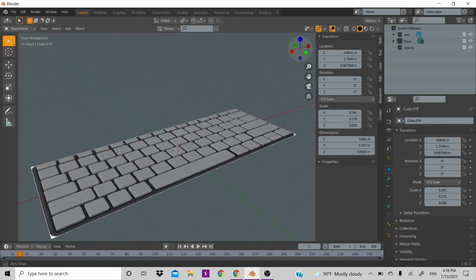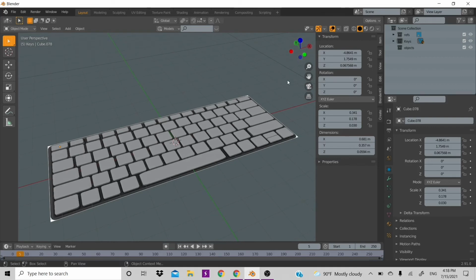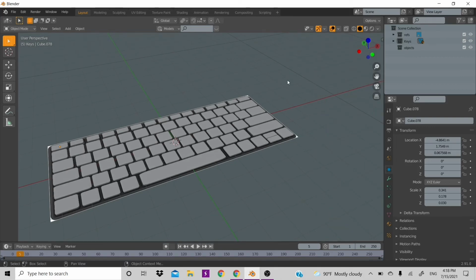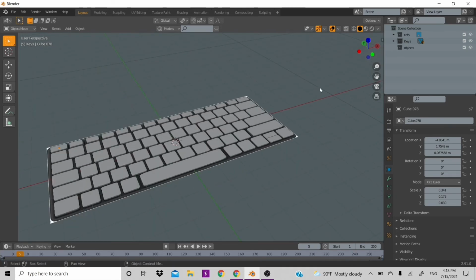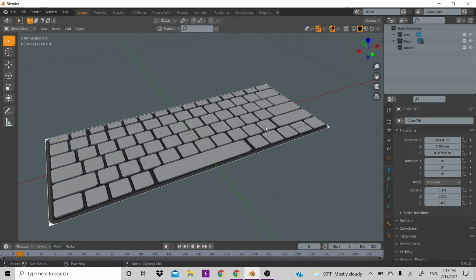And look at that, it looks pretty awesome, guys. So, good job. Now, this is the first part. And now the second part of what we need to do is to basically get the base of the keyboard to hold the keys. So now we're going to go to the objects, click on the objects collection,